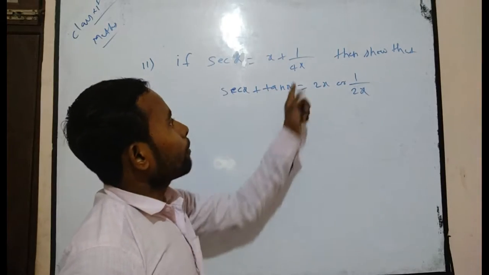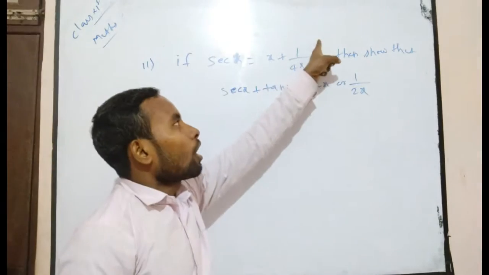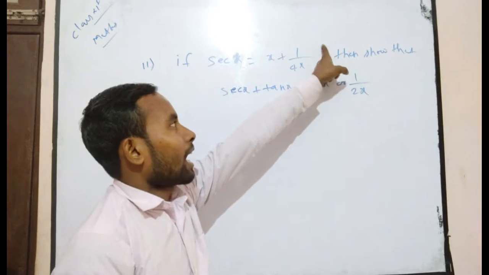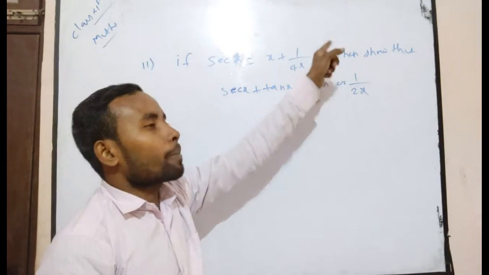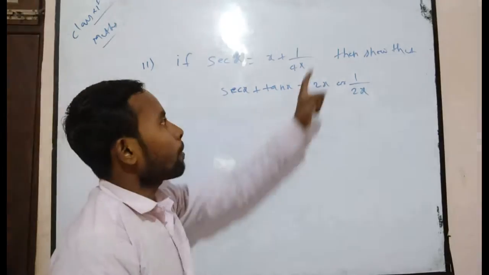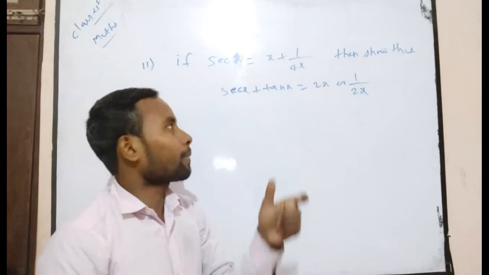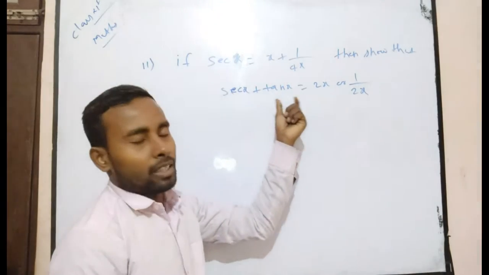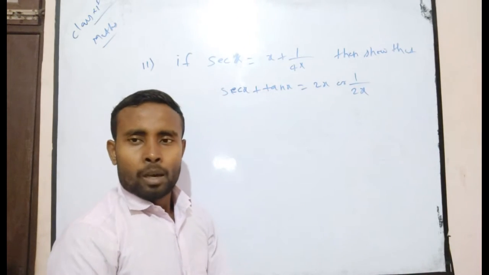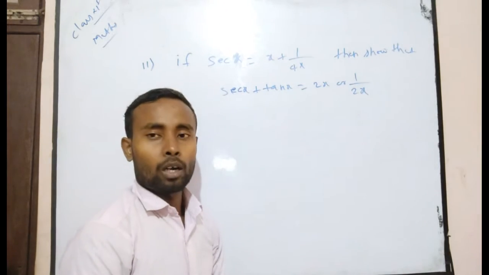First method: you calculate and get 4x square plus 1 divided by 4x. In that case, sec alpha is equal to 4x square plus 1 by 4x. Then you can consider it as hypotenuse by base. So 4x square plus 1 will be hypotenuse and base will be 4x. With the help of base and hypotenuse, you find the value of perpendicular. So easily you can find tan x, as you know that tan x is perpendicular by hypotenuse base. After it, you add, then definitely you get 2x or 1 upon 2x.